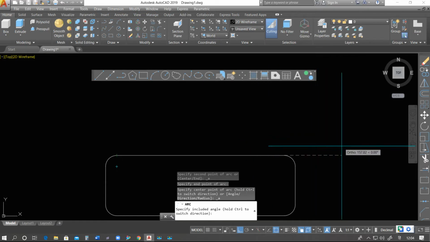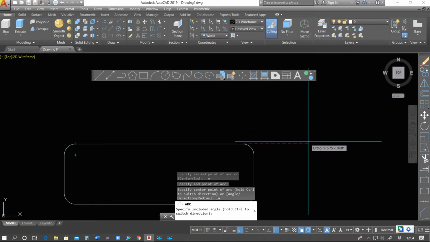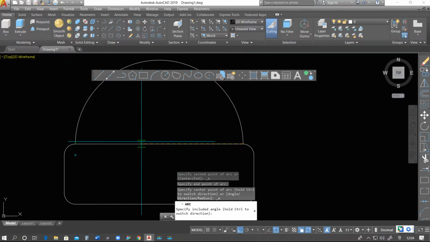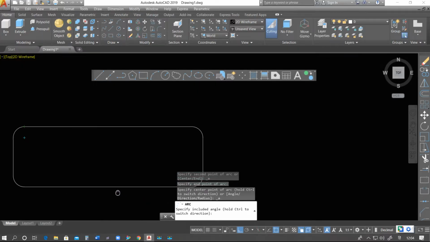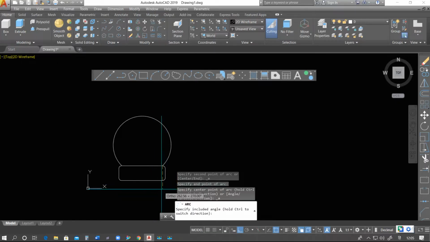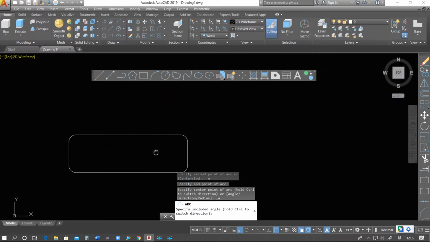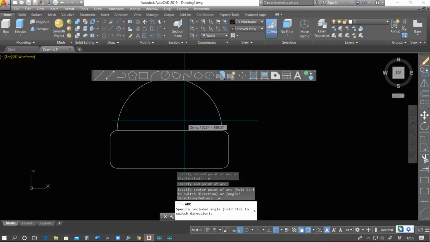Now we see that here there is no angle, 0 degrees. As we press 90 and move the cursor across here we have 90 degrees, so the arc formation is that much. Suppose I am taking this one as 180, so we have a semicircle. 270, here we have, you see, but as we complete 360 it will terminate. All of us very well know that an arc is less than 360 degrees, and one which completes 360 degrees is called a circle.